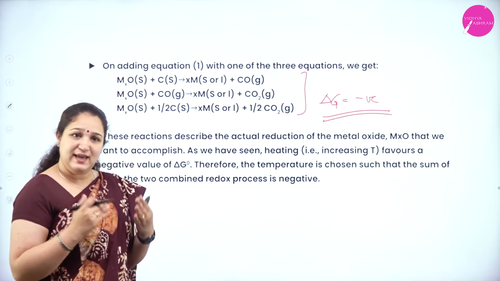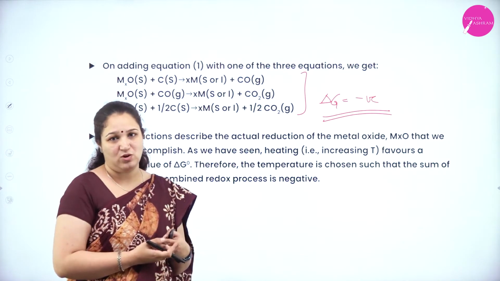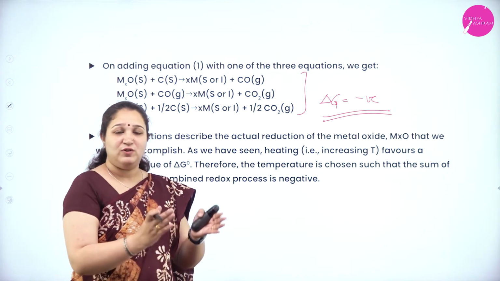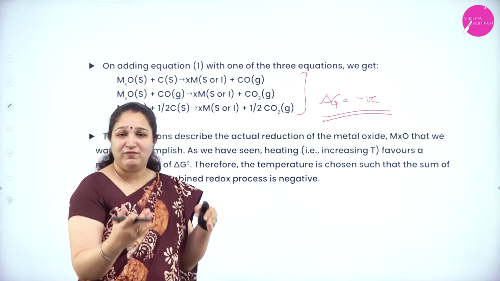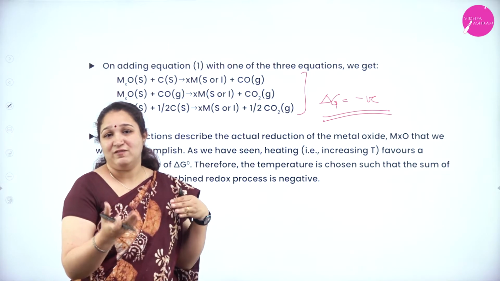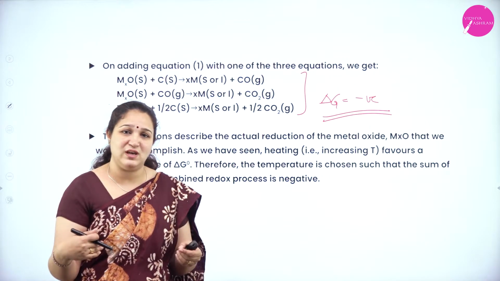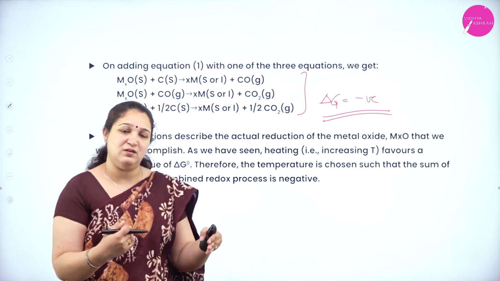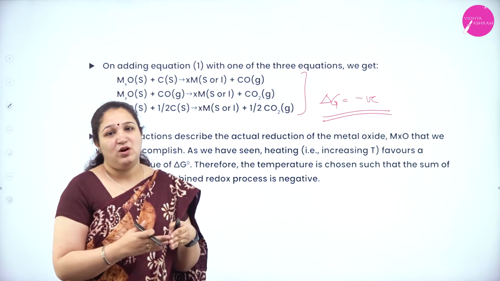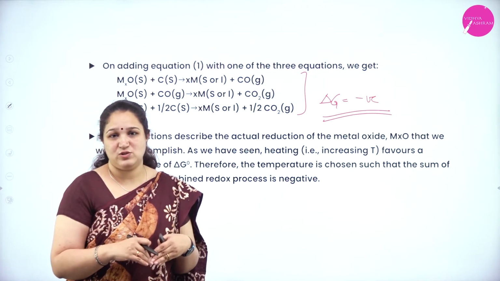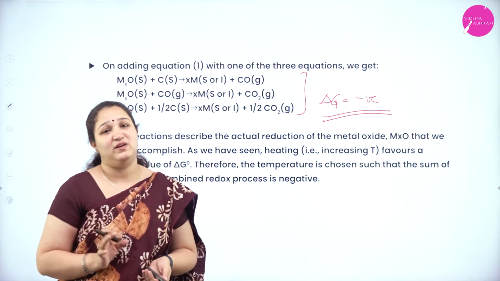So what we do in the Ellingham diagram, we have the values for the formation of metal oxide. So I just reverse the reaction. For that particular reversing at a temperature, I'll get to know what the delta G value is. If it is a reversed equation, the delta G value also will become positive. Then I have to choose a reducing agent and add up both equations, the decomposition of the metal oxide to give metal and the reducing agent equation, and the delta G naught should be negative. Only then we can use that.